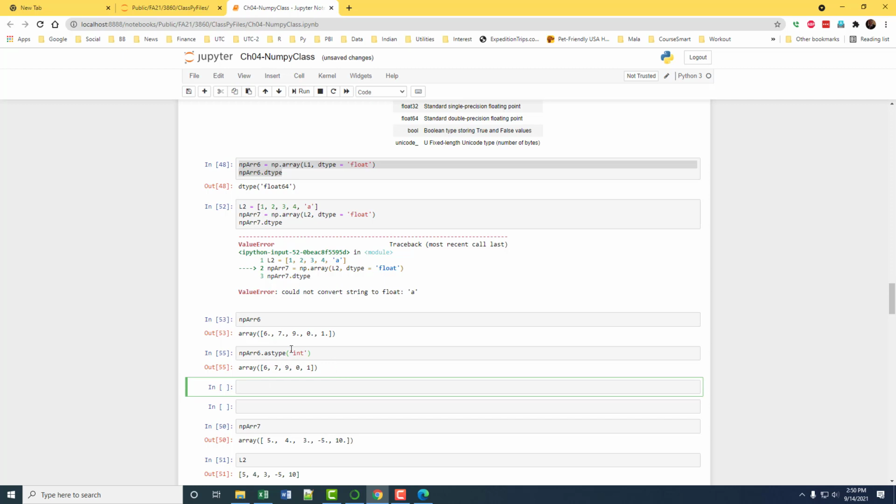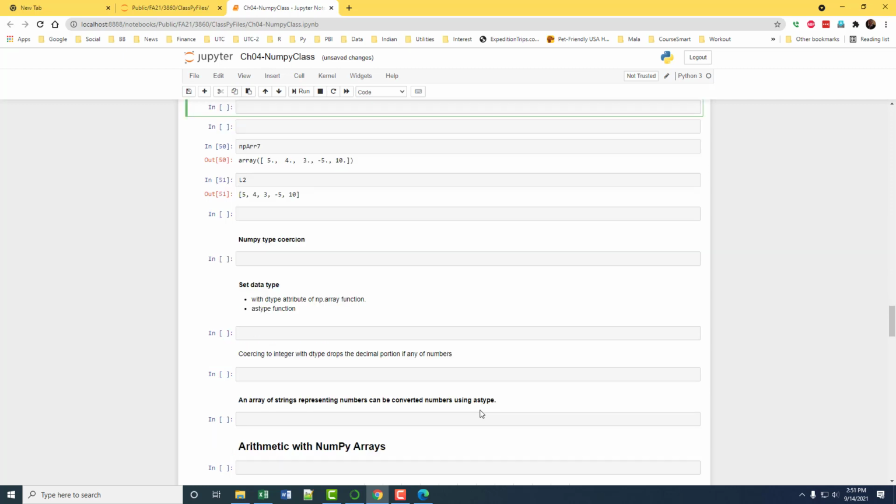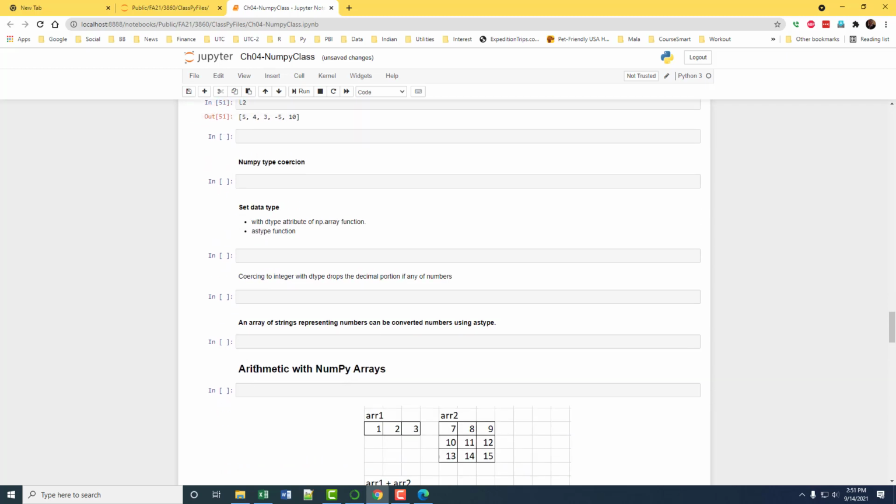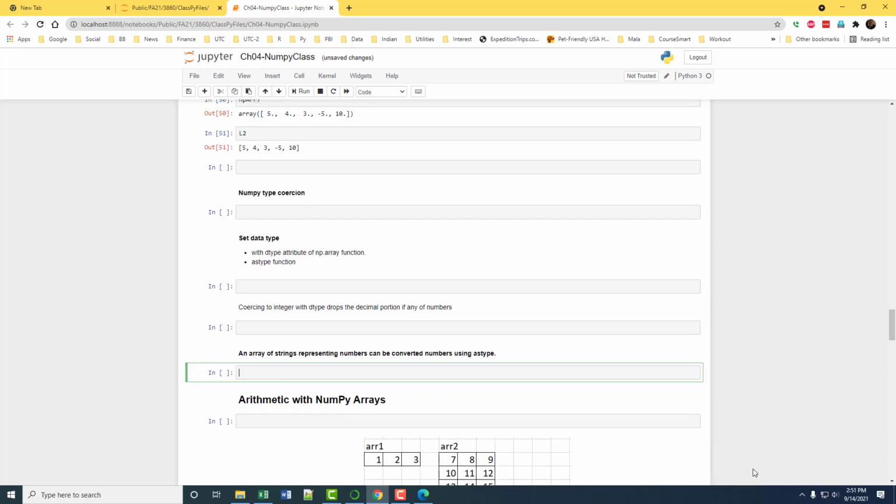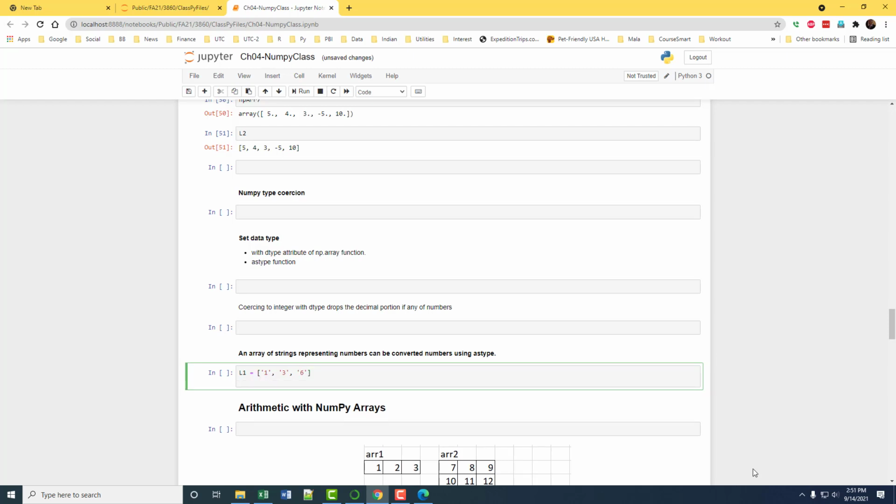So if you already have an array and you want to change the data type of that array, then you have to use astype. But again, astype will throw an error if it is not able to convert any of the elements into the data type that you want. Okay. And of course, if you have numbers like this, okay, one of the possible uses will be, okay, like if you have numbers as strings, okay,